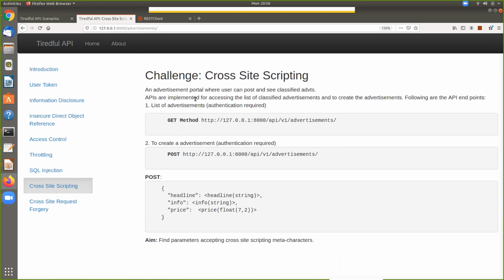APIs are implemented for accessing the list of classified advertisements and to create advertisements following our API endpoints. To list them, we would simply run the GET command. To post to them, we would follow a slightly different method.